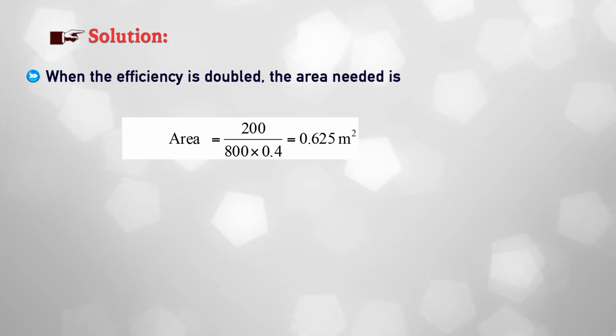So it comes to 0.625 meter square. Dear learner, in today's session we discussed material problems associated with the solar cooker and how the efficiency of the solar cooker may be increased, and we have also discussed heat transfer rate in the solar cooker. Then we have also discussed what factors should be kept in mind when you are going to use the solar cooker, and we also discussed some successful stories related to solar cooking devices.